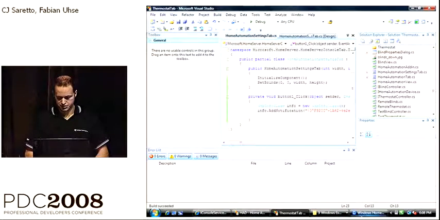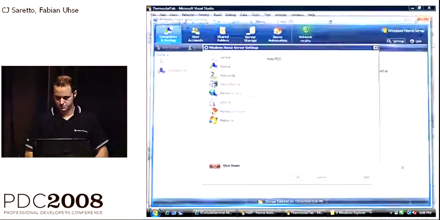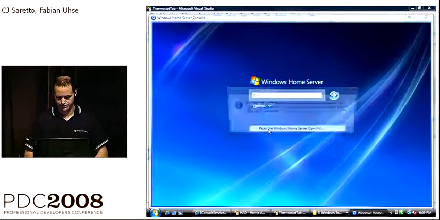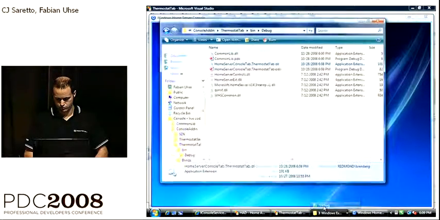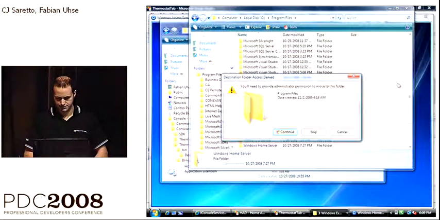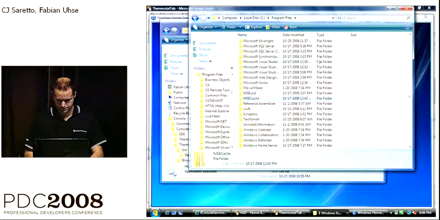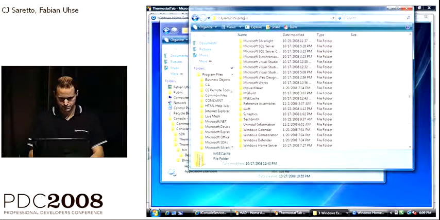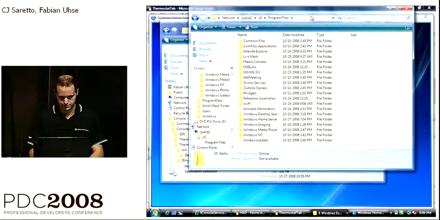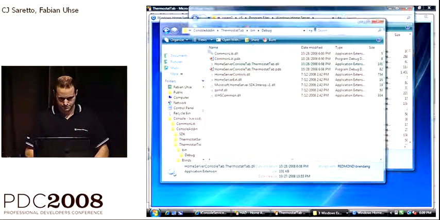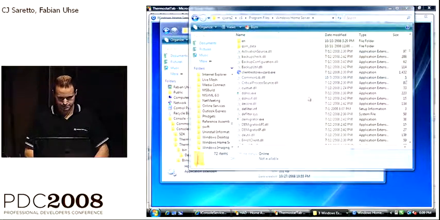We'll rebuild our solution really quickly. We'll kill the home server console, and we'll deploy that. We'll recopy our DLL one final time. There we go.